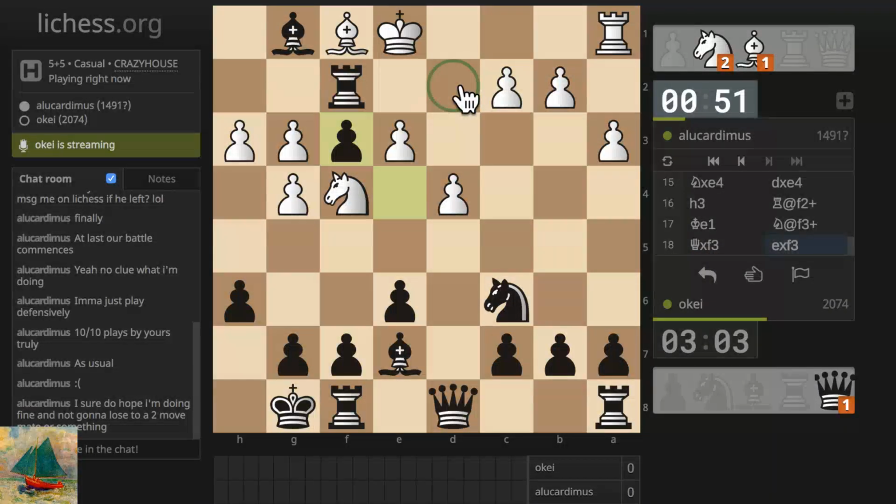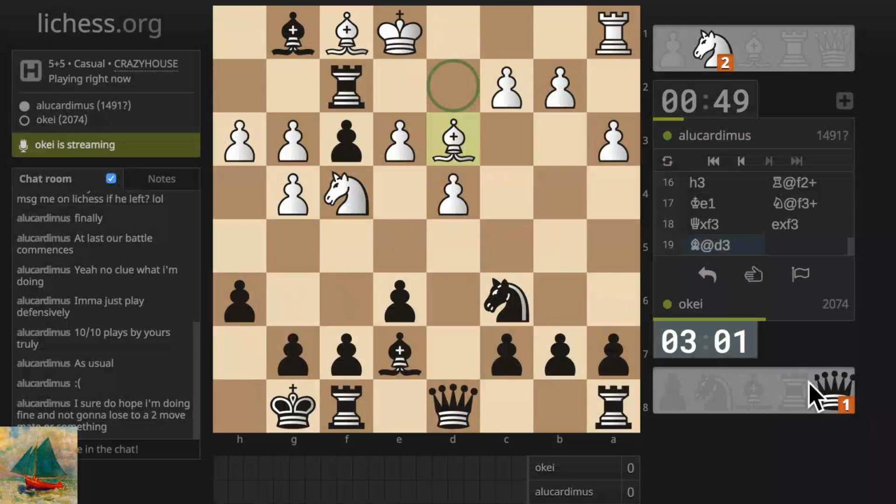But I should say in Crazyhouse, I'm not saying in general you shouldn't resign in Crazyhouse, because even if you lose a lot of pieces, if you can get some quick counterattack on your opponent,